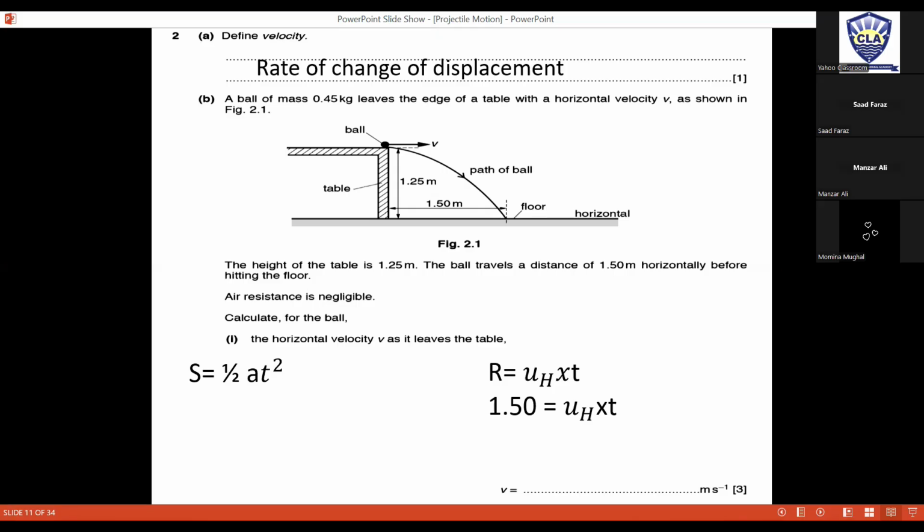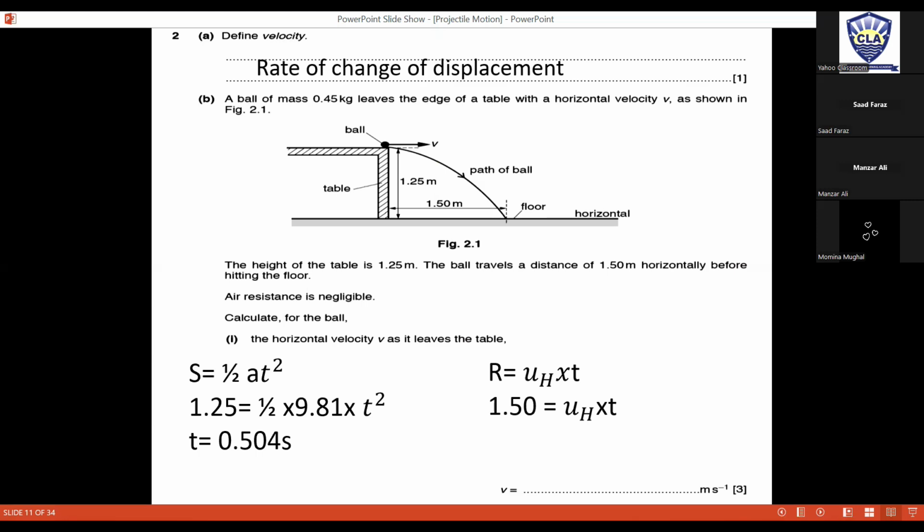S is equal to half at square. It is moving vertically a distance of 1.25 meters. In the same time, it will be moving horizontally as well. So time is common. 1.25 equals half, acceleration is 9.81, t square. And from here, the value of t comes out to be 0.504